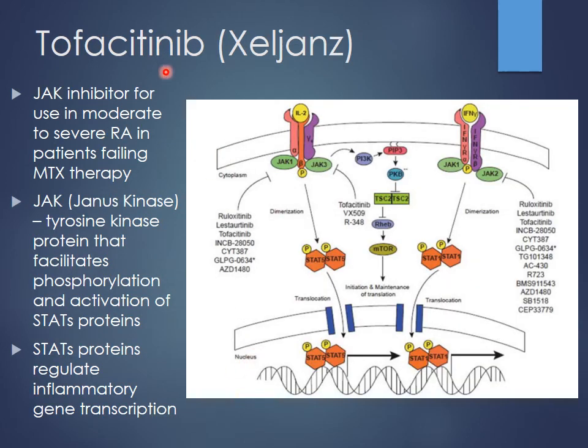Okay, next we have tofacitinib or Xeljanz. This is kind of a unique mechanism here. This is what we call a JAK inhibitor, and we're starting to see this one being used more for moderate to severe RA. Have you guys talked about this? Did you mention it? Okay, so again, it's not going to be something that we go to first line, but